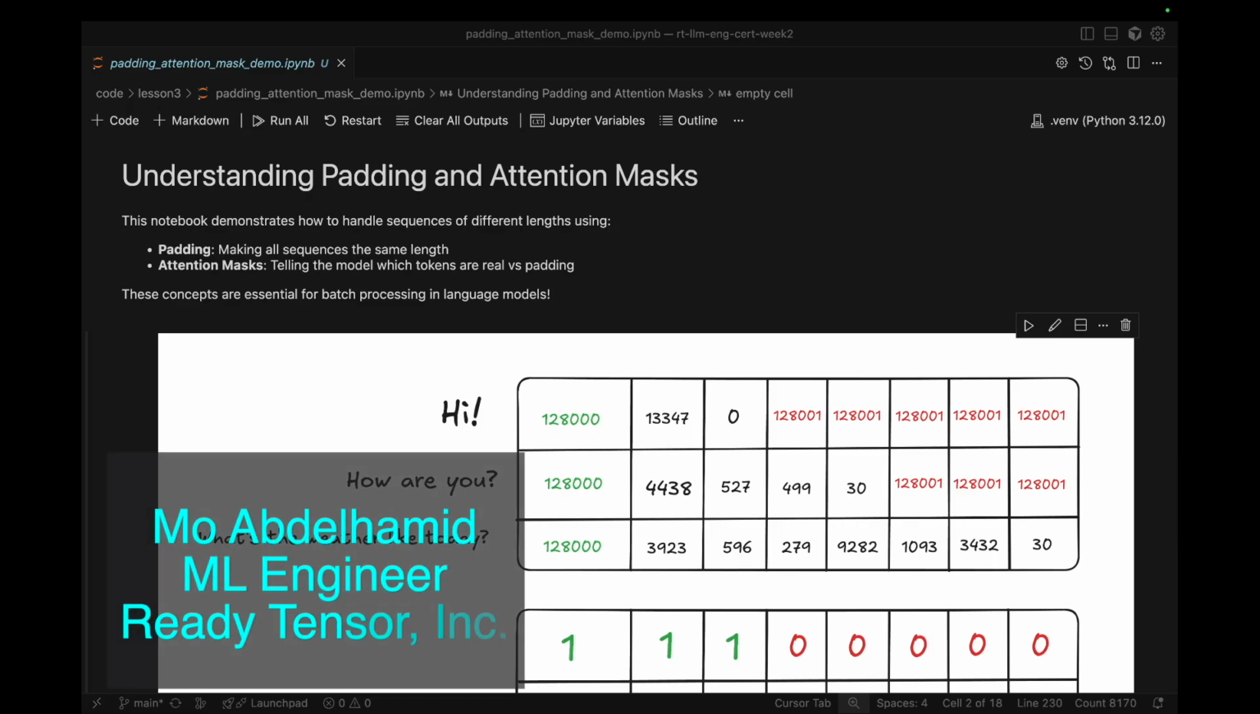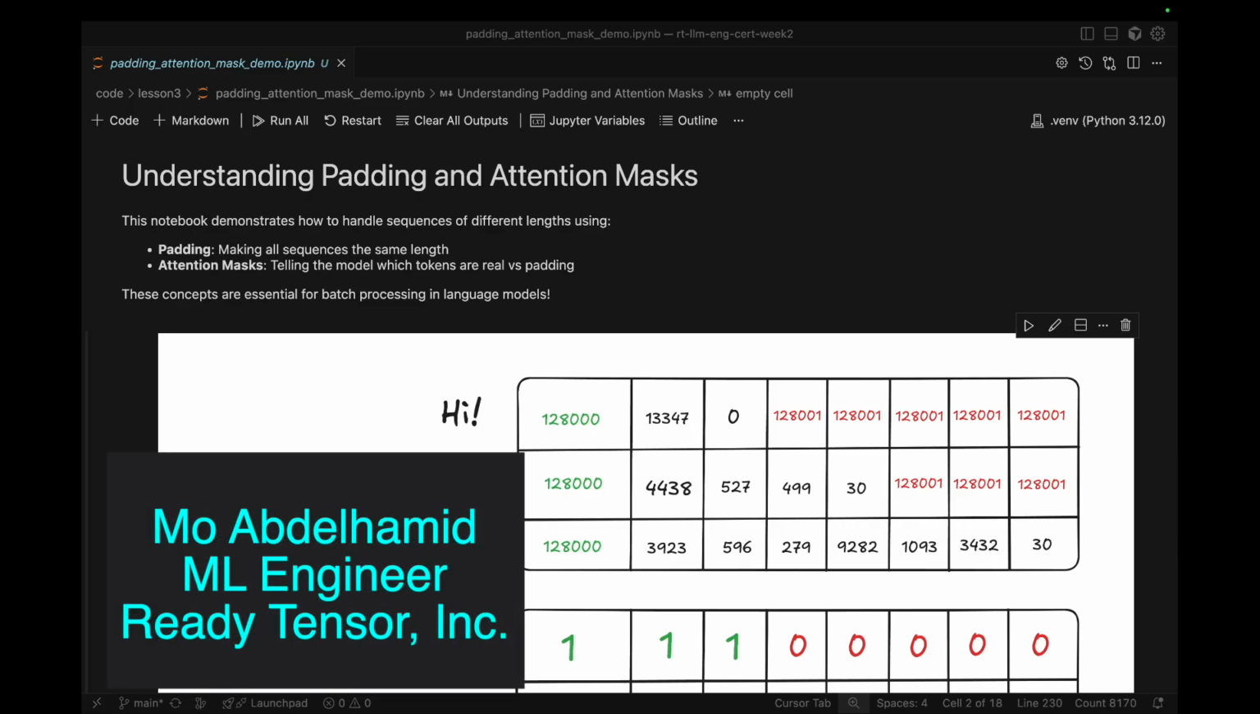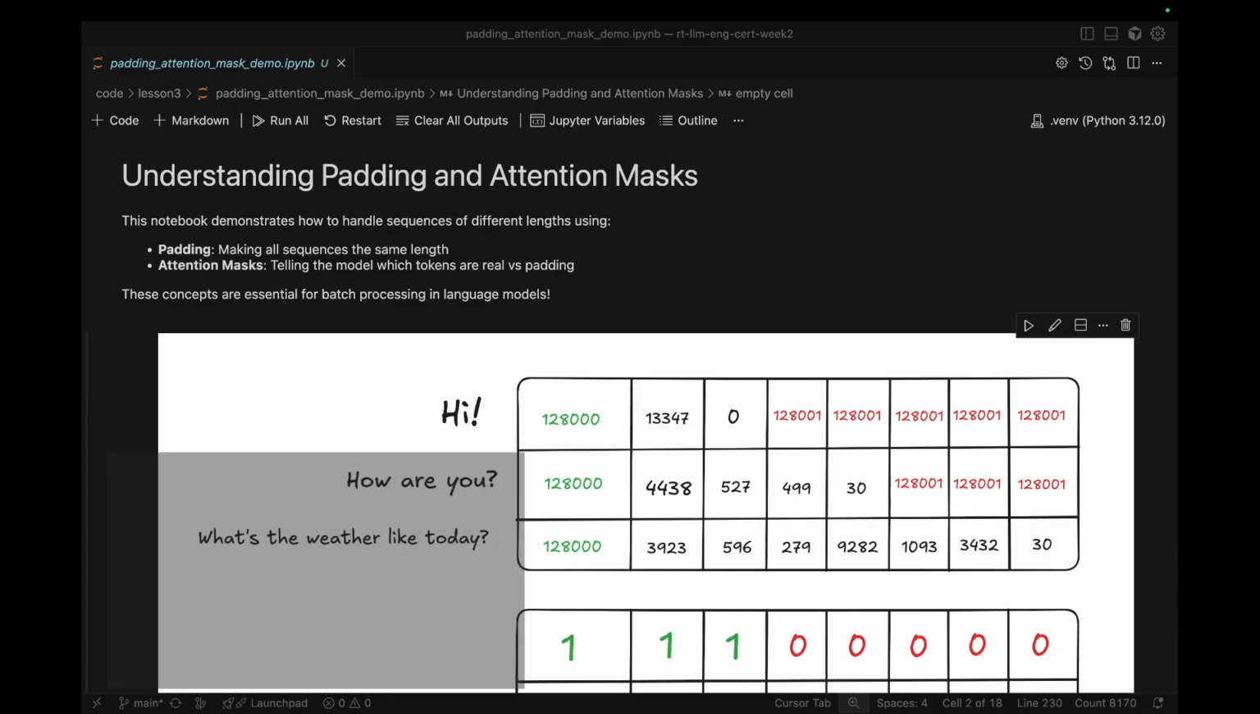Hello everyone and welcome back to this lesson on padding and attention masks. So far we looked at how LLMs can tokenize text. We looked at how different tokenizers might decide to break down words into subwords. So now after you converted your text into a list of numbers, the LLM is ready to process these